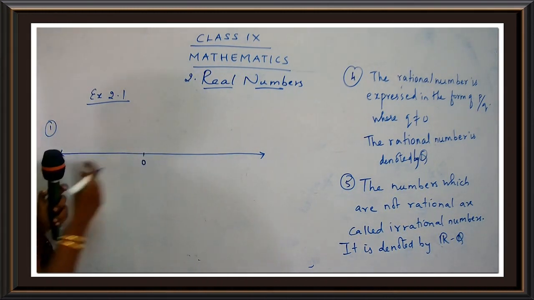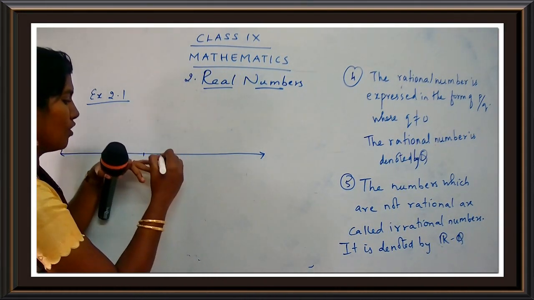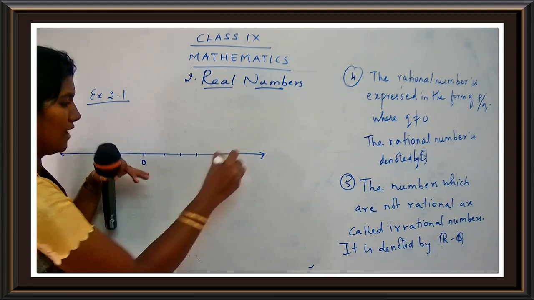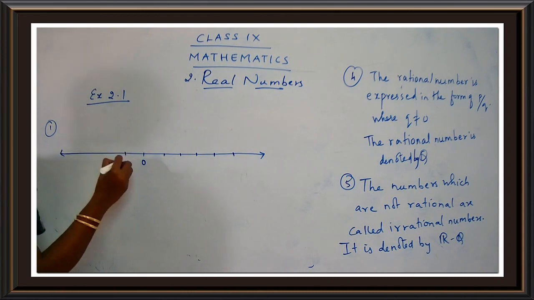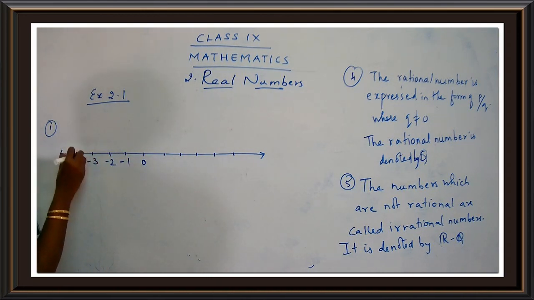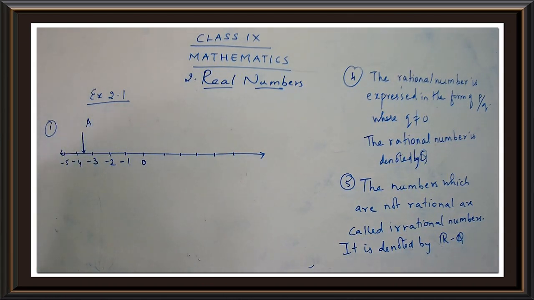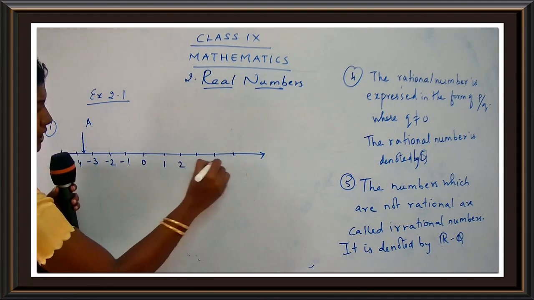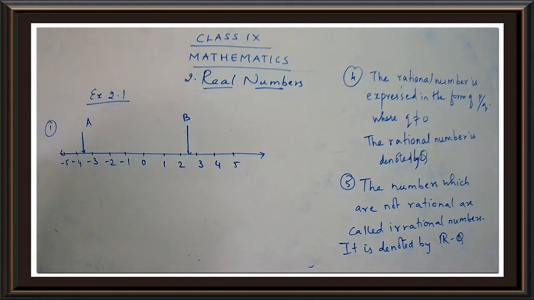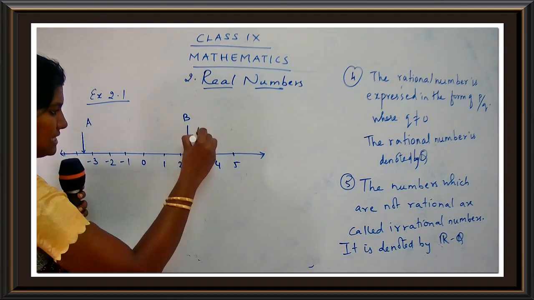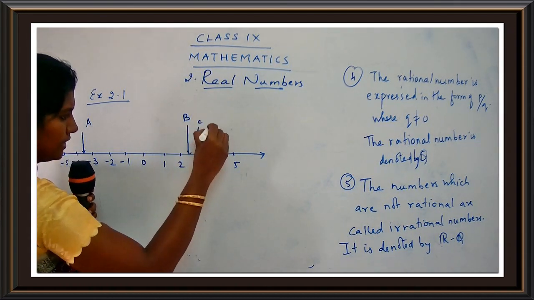You have to use your scale, children. Just keep your scale and you can go on plotting the numbers. 2, 3, 4, 5. Yes? You people know how to draw a number line. Yes? So draw a number line. Here you have negative numbers -1, -2, -3, -4, -5. You have your A. Where is A? It's between -3 and -4. So mention here this is A. Where you have B, it's between 2 and 3. So 1, 2, 3, 4, 5. Here you have B. And here you have C. And here you have D.